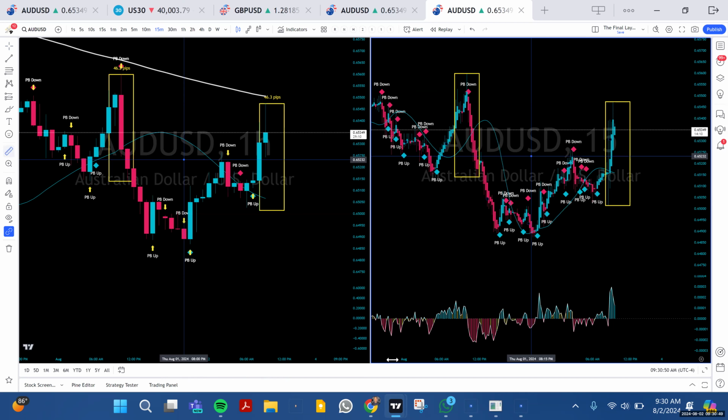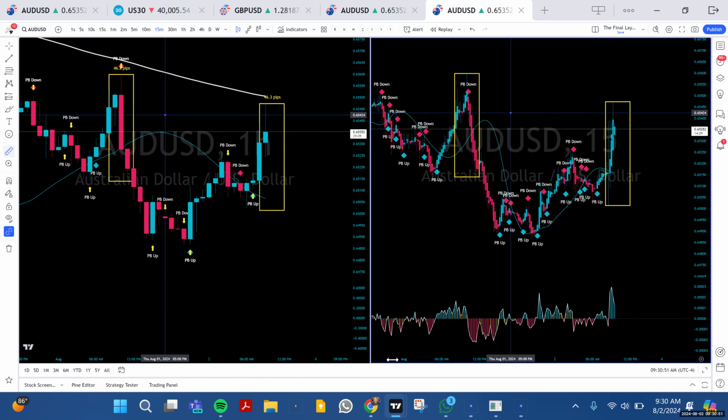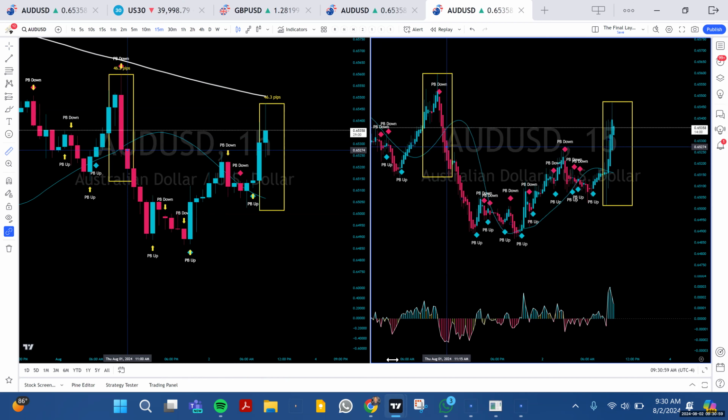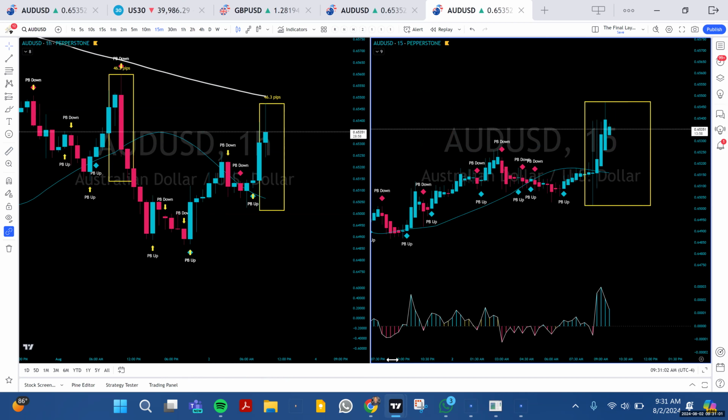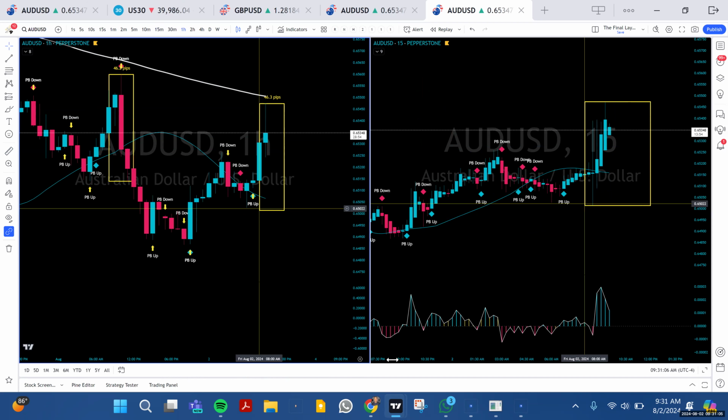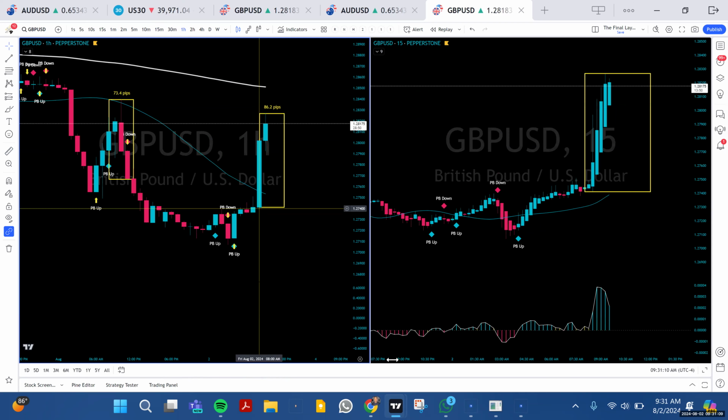We'll just measure out New York yesterday. I'm not sure what this is. This is AUD USD. You can see these two entries was yesterday. You see what happened today? Beautiful, right? And you will just get text message alerts when these things are happening. GBP USD, look at GBP USD. This looks amazing,